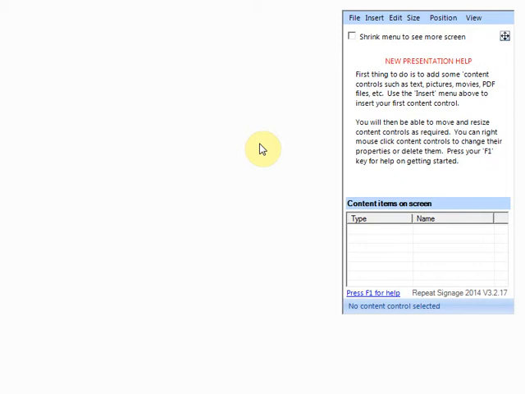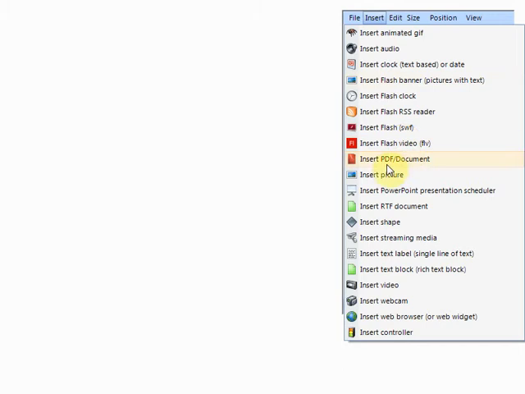This video covers a basic use of the PDF control in Repeat Signage. So I'm going to click on Insert and Insert PDF Stroke document. The reason why it's got the stroke on it is because originally this was just for PDF files, but then we added support later on for things like Microsoft Word documents as well. So I'm going to click on that option,